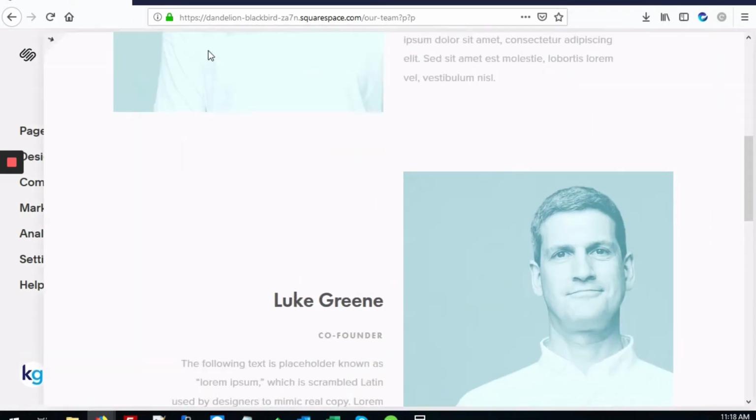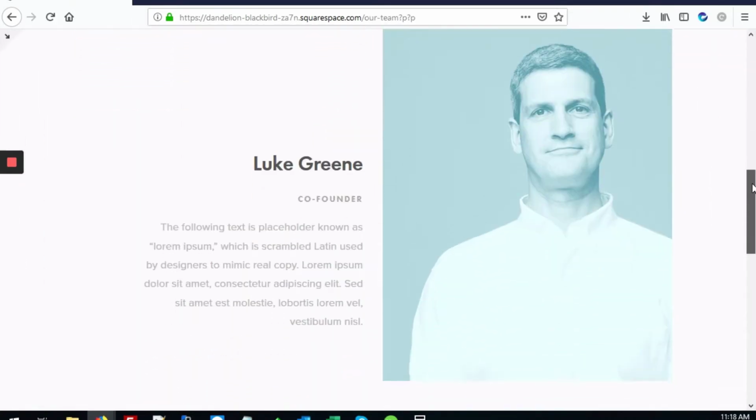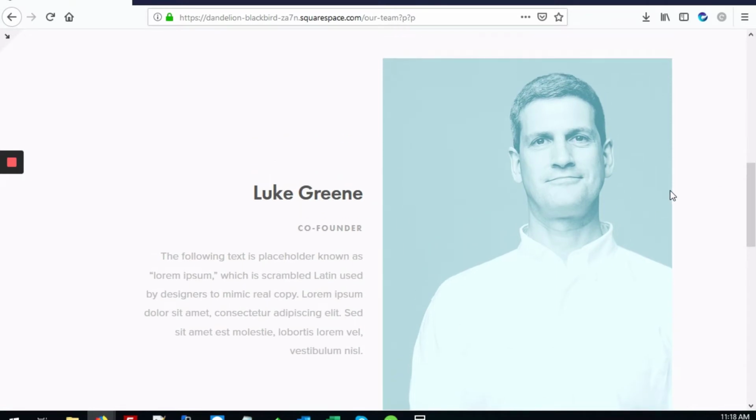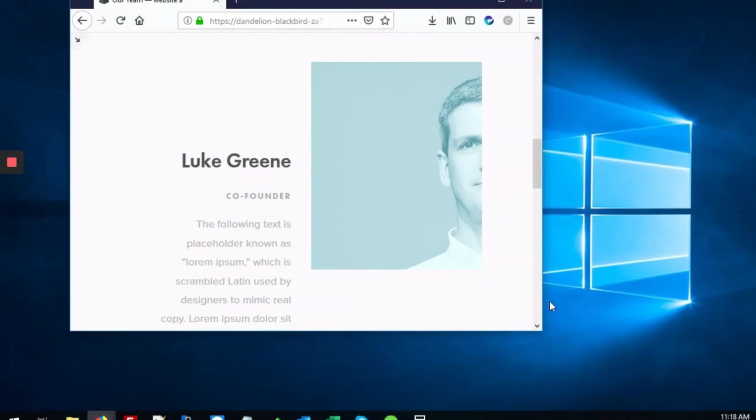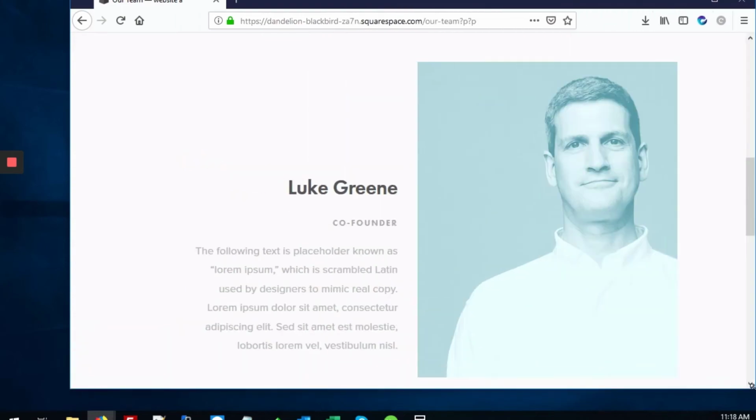And I'll expand this out again. So you can see on the regular desktop view, it looks pretty okay. But then when you minimize, because the auto scaling is turned off,